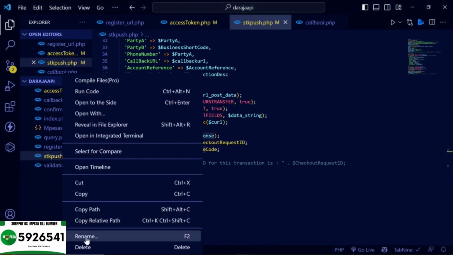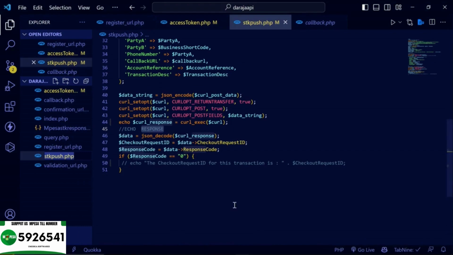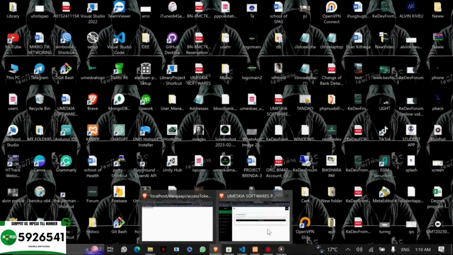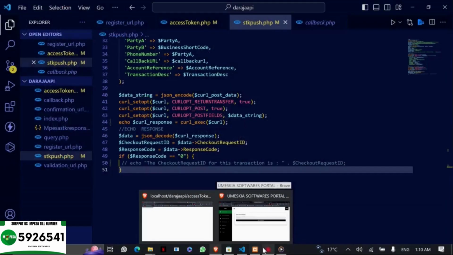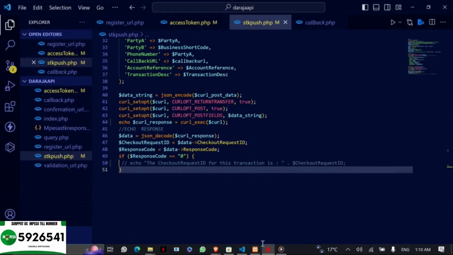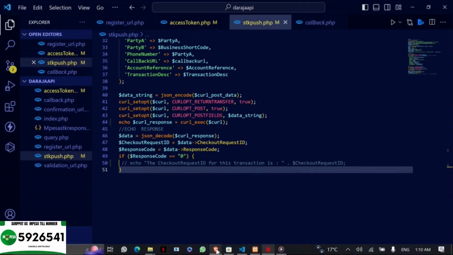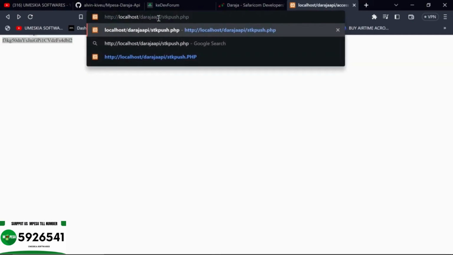Now let's take this file, then let's go to our browser. Let's go to our browser here. Then replace the SDK